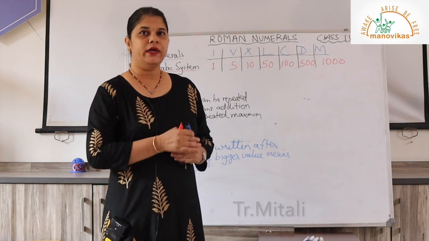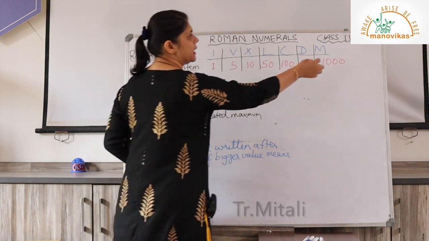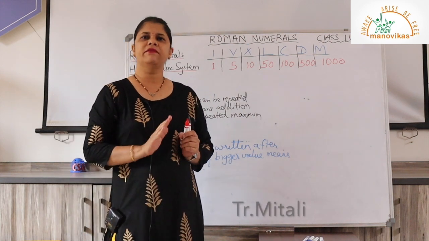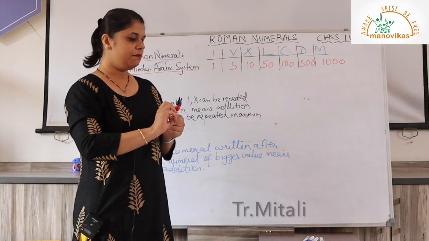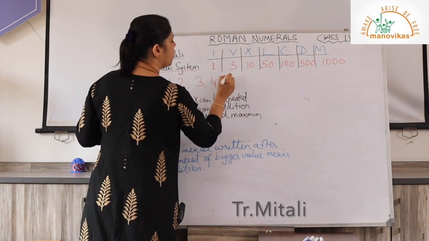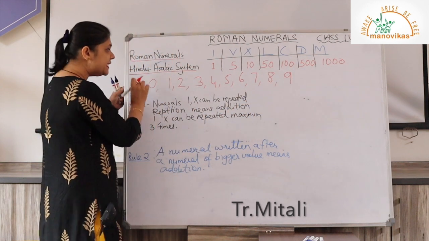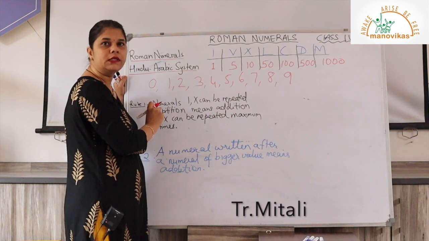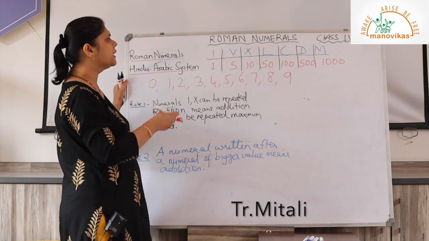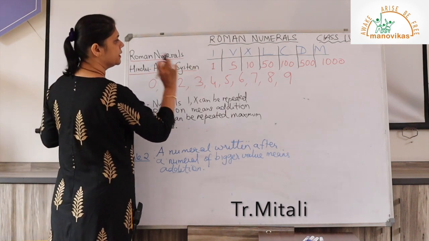So to begin with, today we will complete the last part of our first chapter in maths for class 4, that is Roman numerals. Now children, the number system that we use to write numbers, we use the symbols like 0, 1, 2, 3, 4, 5, 6, 7, 8 and 9. So these symbols are also called numerals, and this system, children, was invented in India and it was sent to some other countries by some Arabs. So this system is called the Hindu-Arabic system.